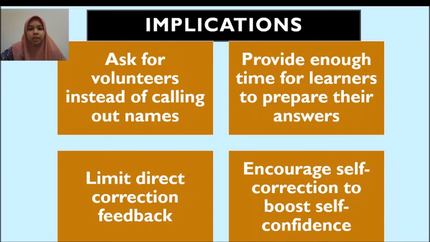And the last one is the implications for the educators. First is to ask students to volunteer instead of calling out their names. Second is to provide enough time for learners to prepare their answers during Q&A sessions. The third one is to limit direct corrective feedback. And the fourth one is to encourage self-correction to boost